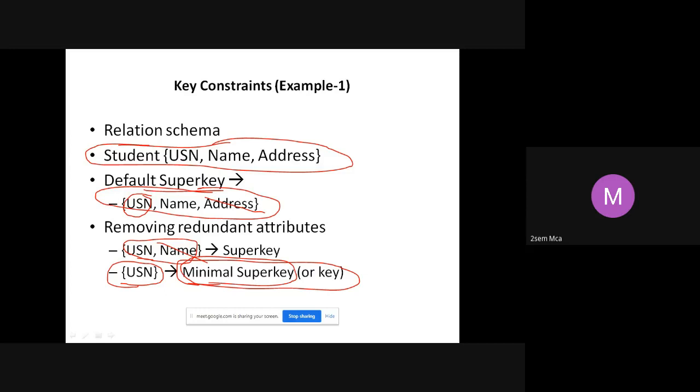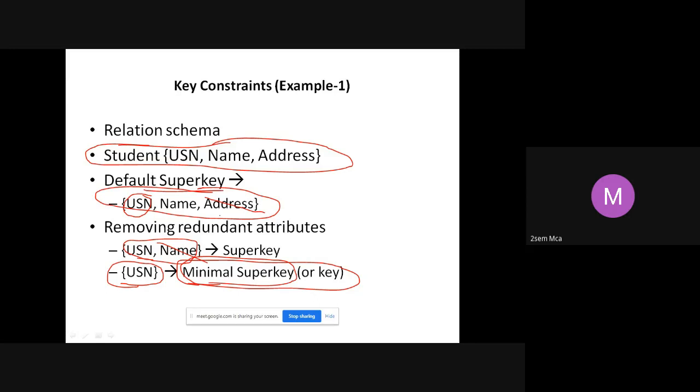What is a super key? Default super key is the set of all the attributes of that table. What is minimal super key? When I go on removing, I come to a stage where I cannot remove further and still identify a record uniquely. That is where I call it a minimal super key.